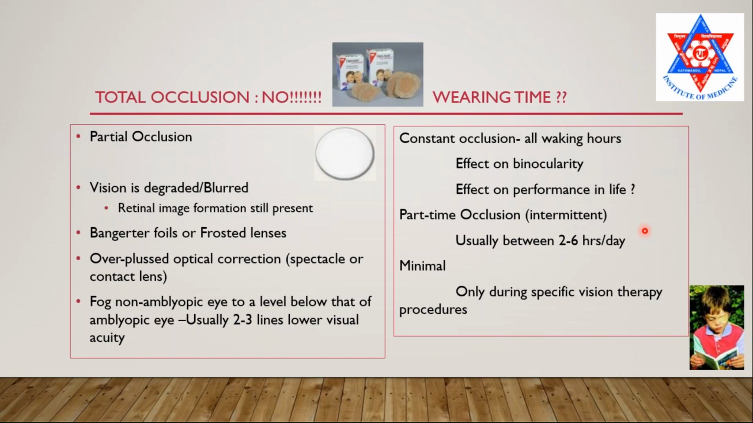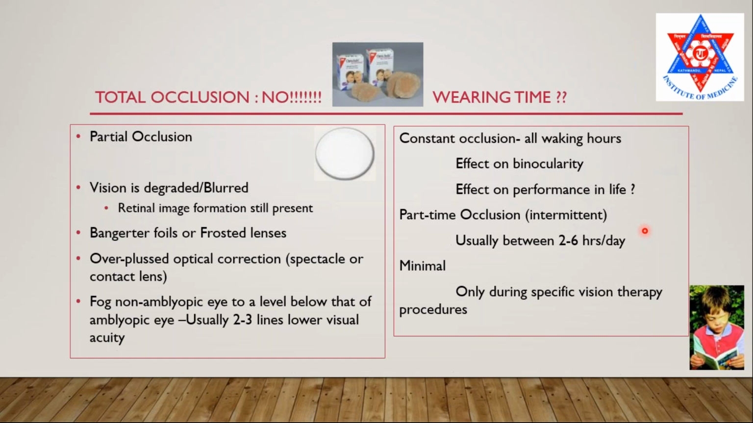After the evaluation and lens prescription, we'll ask the patients to come for follow-up, and the follow-up time will be 3 weeks to 1 month. In that time period, we ask the patient to go with part-time occlusion of the amblyopic eye. This is mainly done to know the compliance and to determine the motivational status